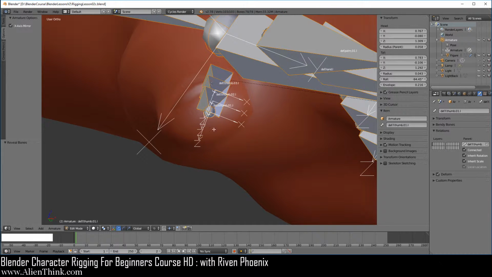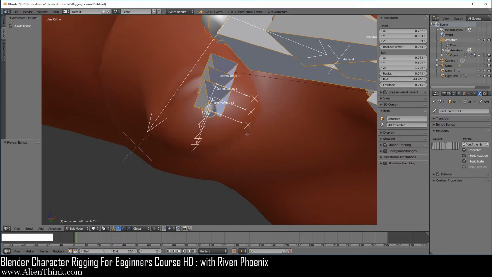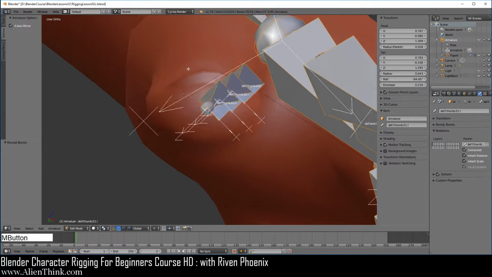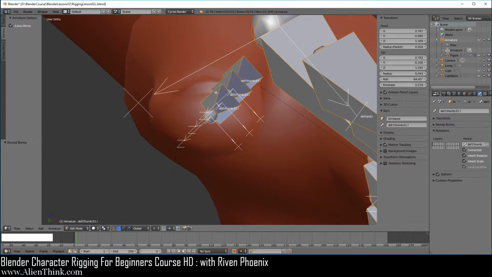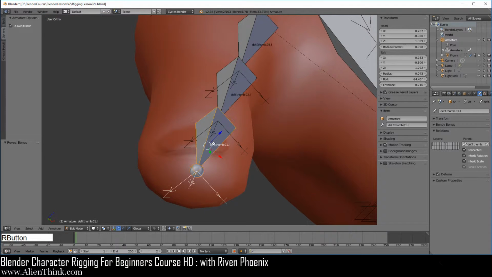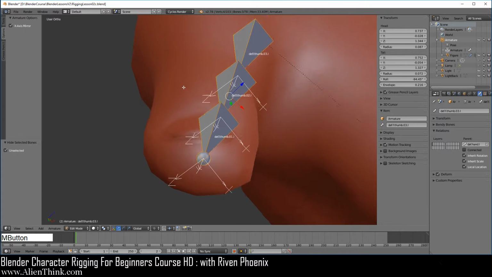Okay, now because we want this to work in Blender and Unity, we're going to have to do it this way. So basically the idea here is that when you look at this thumb like this, okay, I'm going to actually click on this bone. Click on this bone, press the Shift key down, and do Shift H to hide everybody.